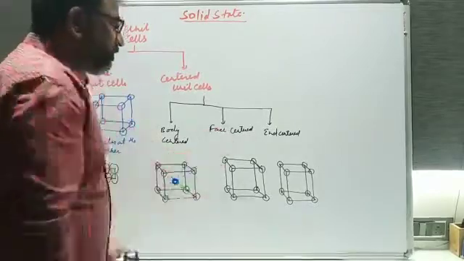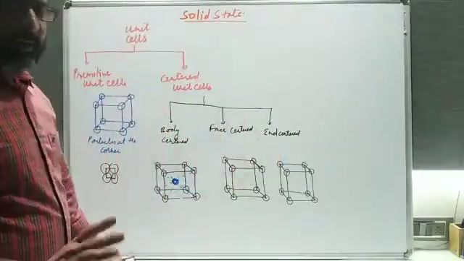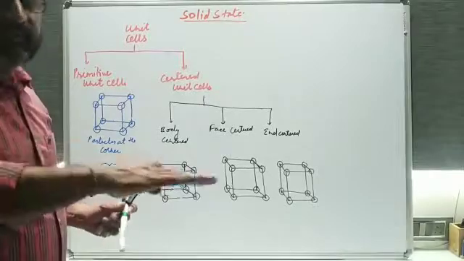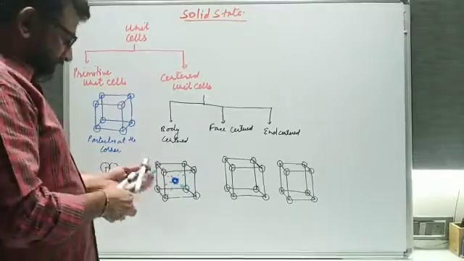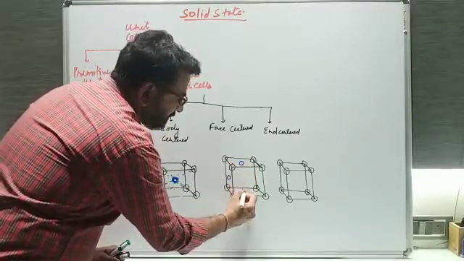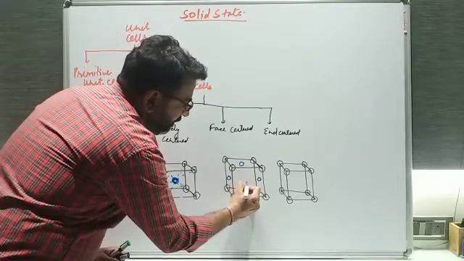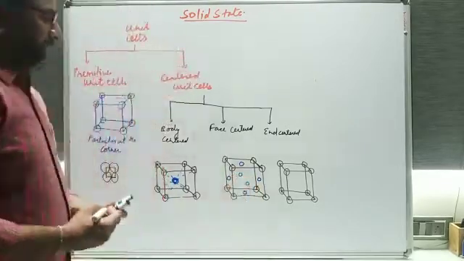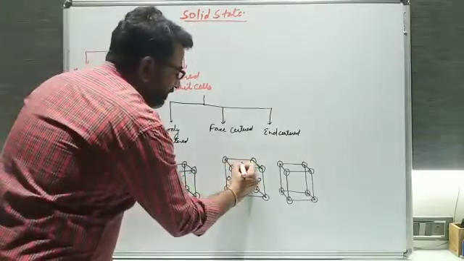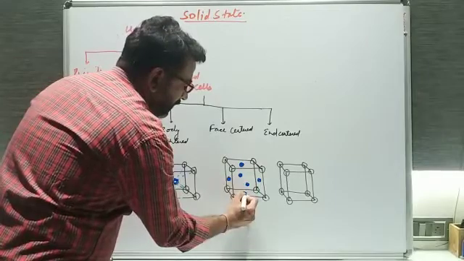Now the second thing is the face centered cubic unit cell. The particles are present at the corners, you people know that, but apart from that particles will be present on each of the faces of the unit cell. So here you will see how many faces are there? One face, then the second face, then the third face, the fourth face, the fifth face, and this will be your sixth face. Understood? These are the faces of the unit cell. So how many faces are there? Total 6 faces, which I have just darkened in blue color, right?